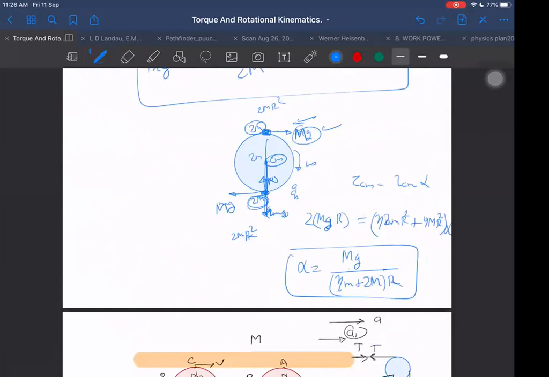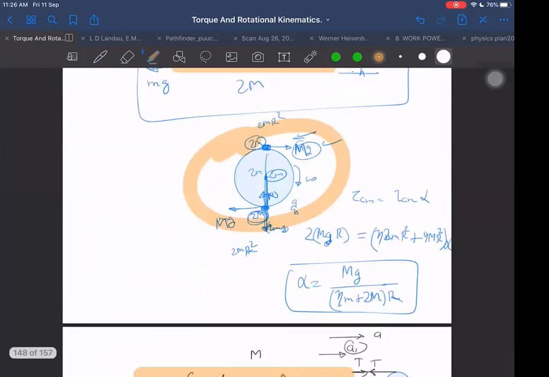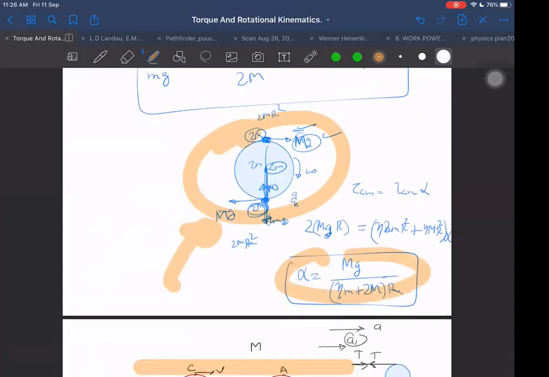And sir, this method is the easiest. Directly with one simple diagram, we are getting the answer quickly. So simplification can help us sometimes. The question which appears to be complicated can be simplified into a much easier situation, and then we can get the answer almost in one step. Tau CM is equal to ICM into alpha, that's it, and nothing else.